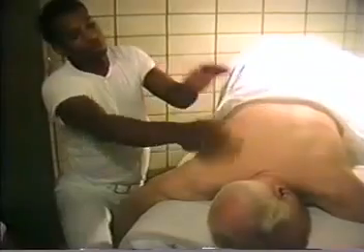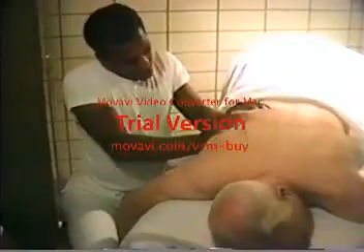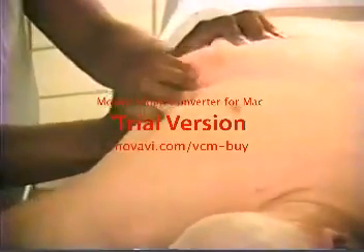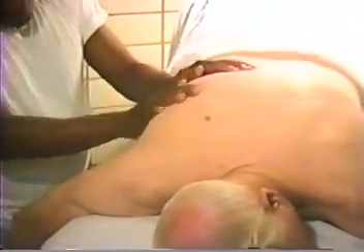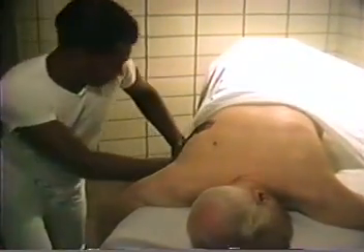And you see the red light glow here of where I've been working, the energy that has been transferred from me to him. Okay. Now we go to the gluteus maximus.